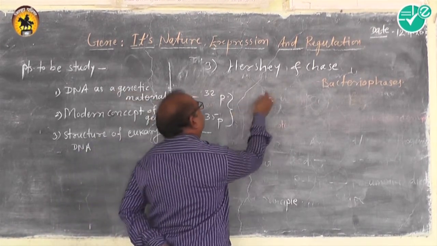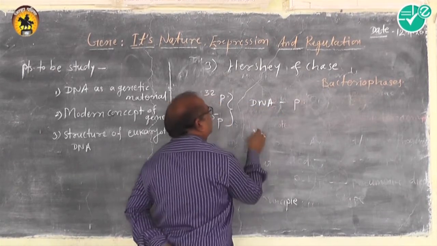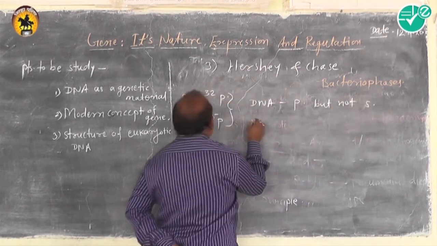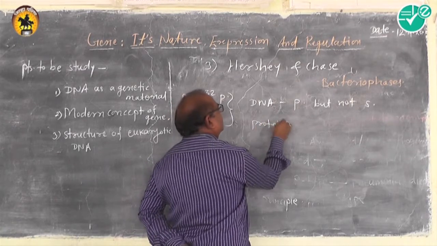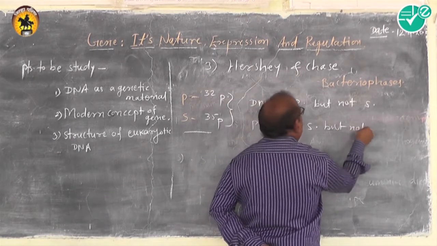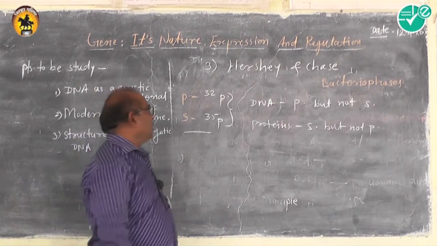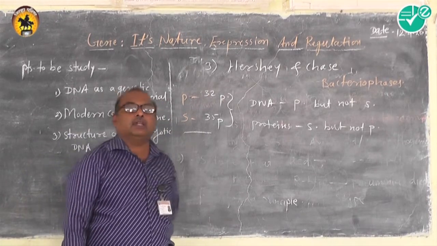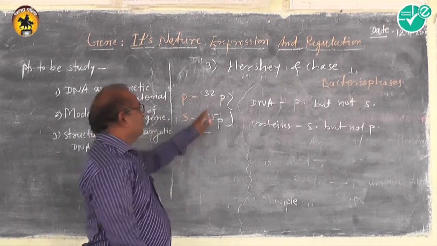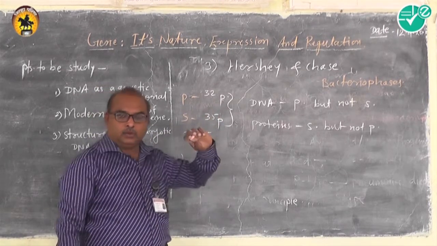Why are these radioactive isotopes taken? Because you know that DNA has phosphorus but not sulfur, whereas proteins have sulfur but not phosphorus. So they took first of all the radioactive phosphorus and sulfur in their experiment, and they introduced this radioactive phosphorus as well as radioactive sulfur